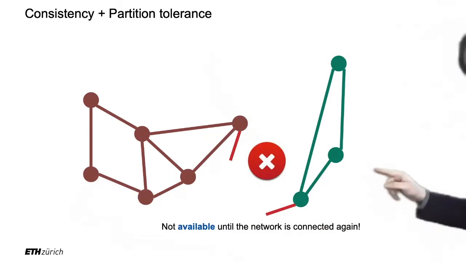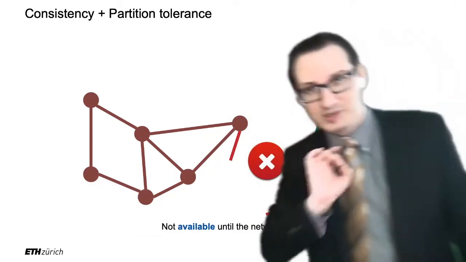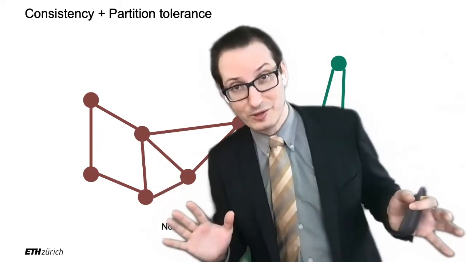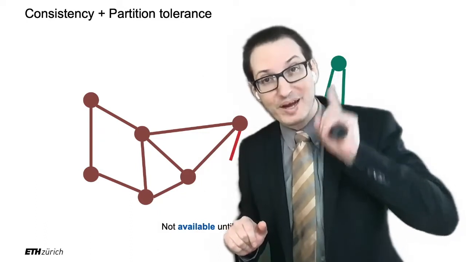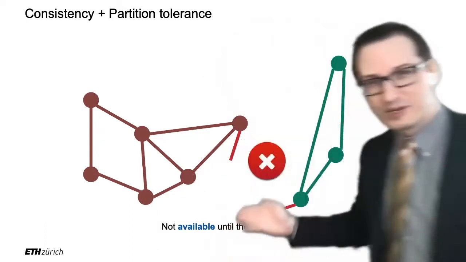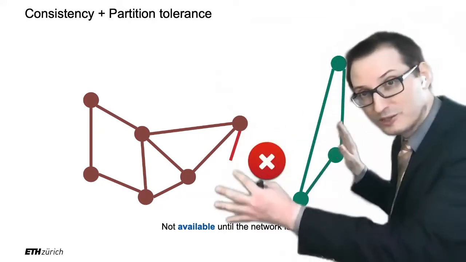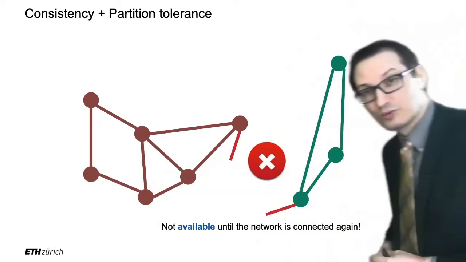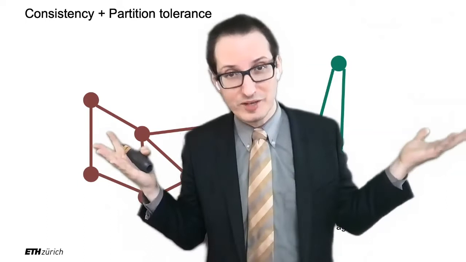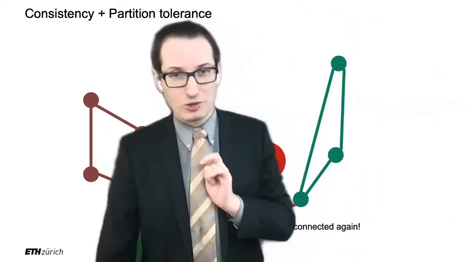But if somebody else in Europe asks for the value, they will get the old one. So this is not consistent. They do not all return the same value, you see? However, the system is what we call partition tolerant. Why? Because in spite of this absolute catastrophe happening there, the system continues to work. People in America can continue to interact with it, and people in Europe can continue to interact with it. It's just that they might not see the latest values because it can no longer propagate between the two. So this is partition tolerance.